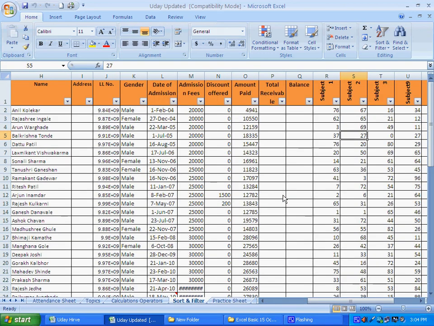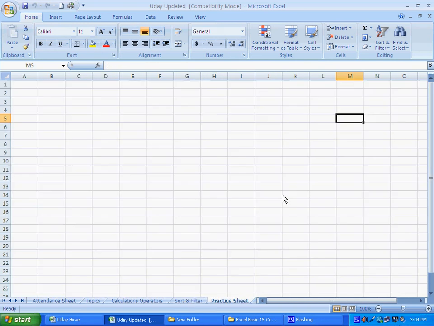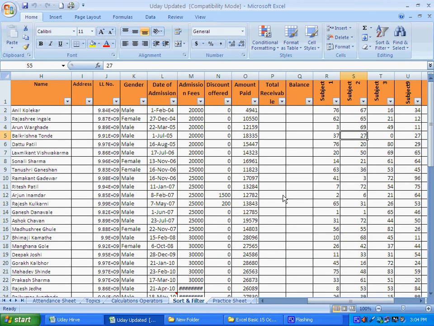So use Control Page Up and Control Page Down when you want to go through the various worksheets in the same workbook.